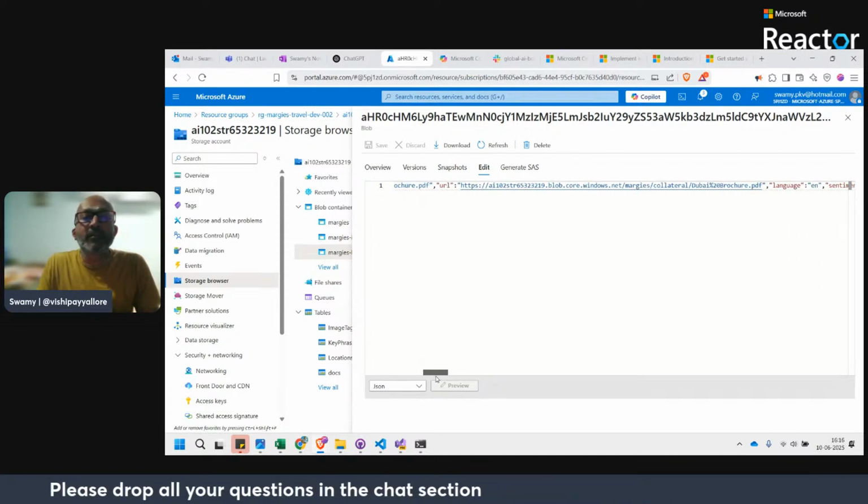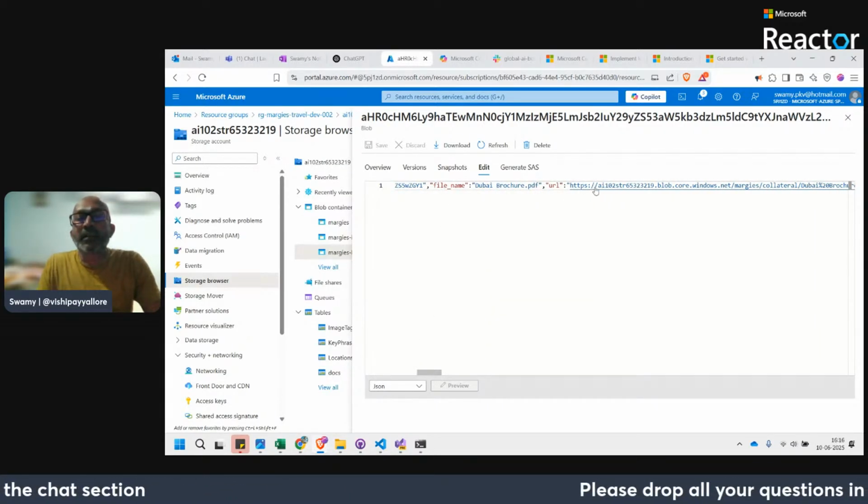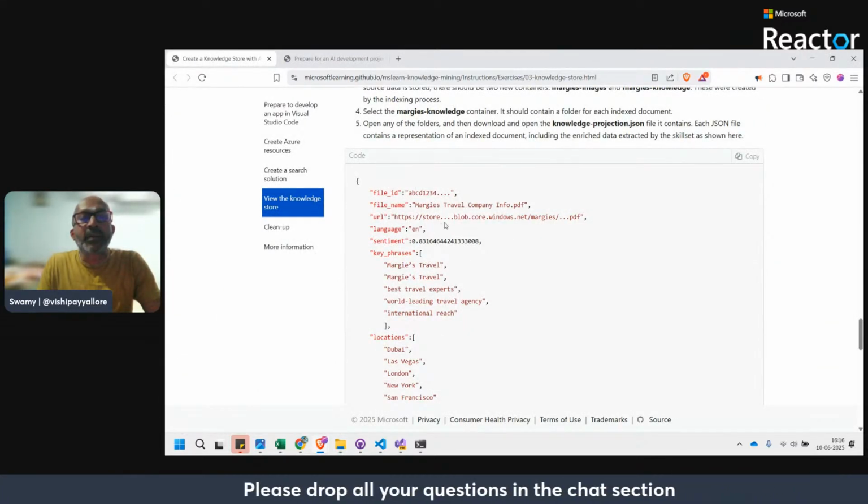So there you go. You have the file name, and it is giving the complete URL also. You can see that's the file name and the URL.